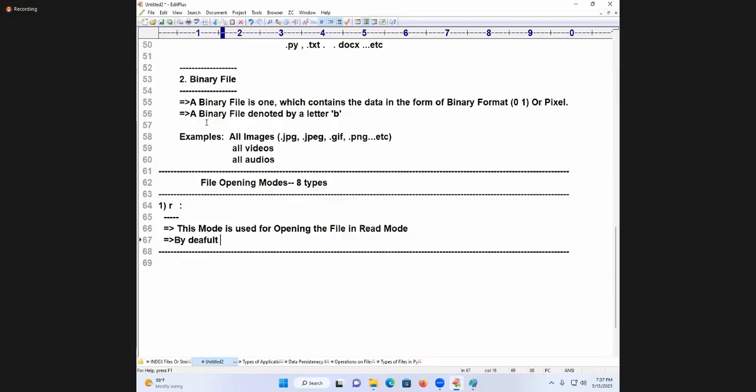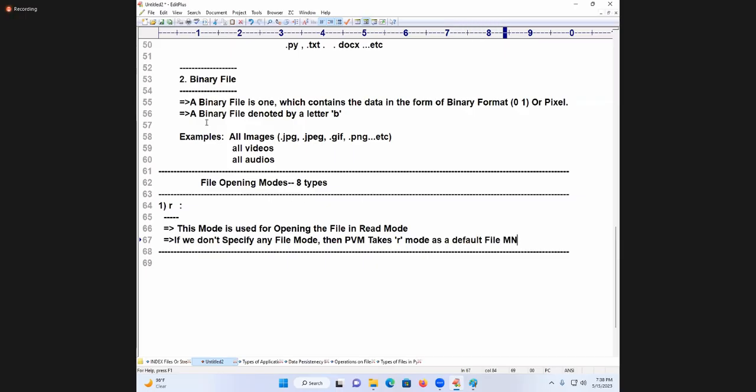If we don't specify any file mode, then PVM takes R mode as a default file mode.